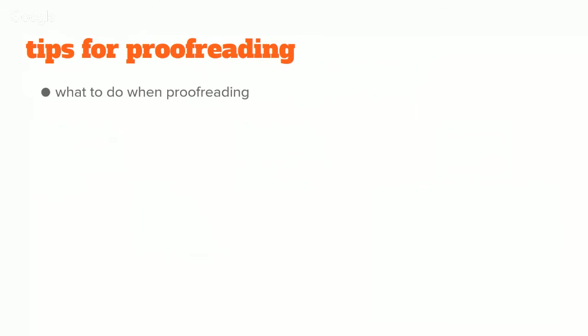So let's talk about proofreading. We're going to talk about what to do when you're proofreading. We're going to talk about what not to do or what to beware of. And the big issue here is our preferential issues, and we're going to talk about what that is. And then we're going to go through some proofreading tools and actually look at the tools directly. So that's what we're going to do.